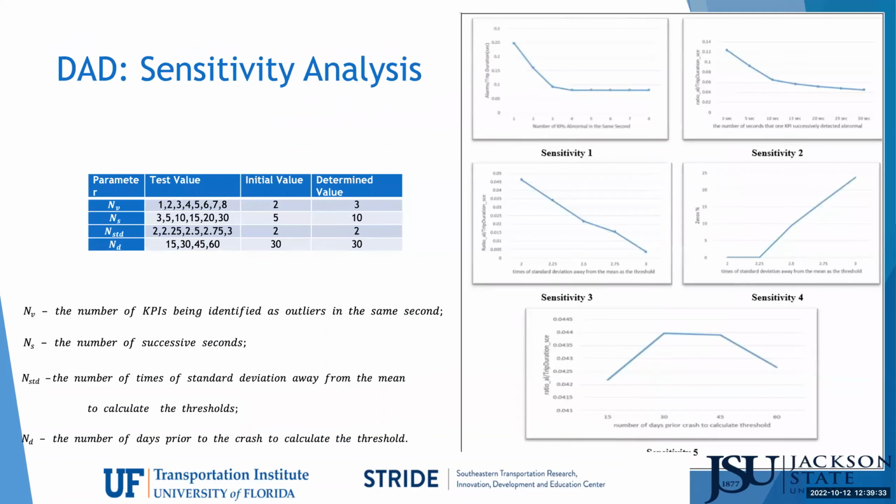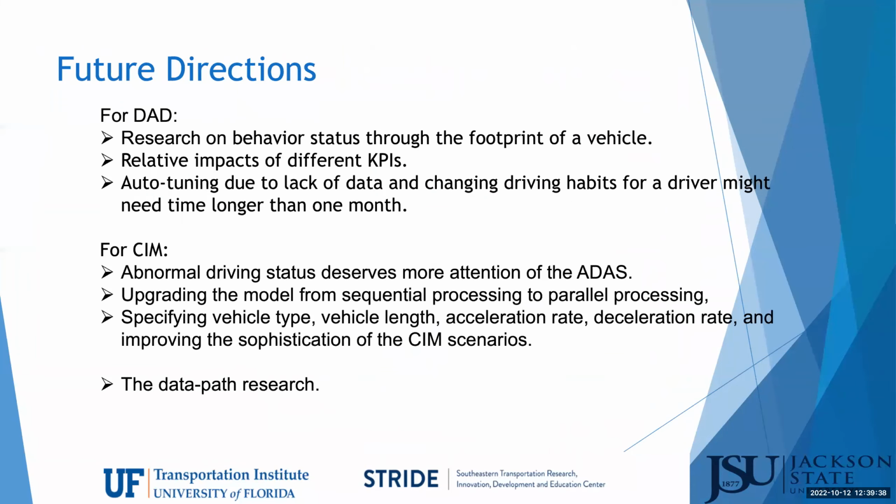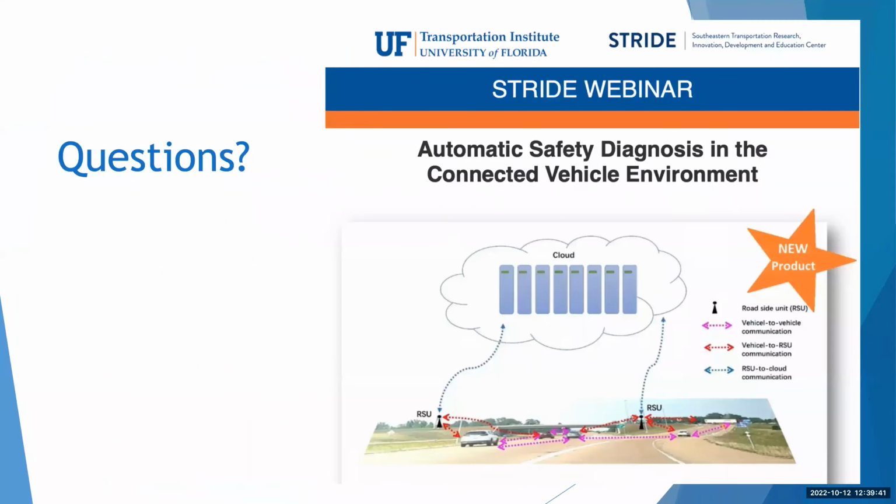Okay, we had a question about how many drivers were involved in the 30 days worth of data that you collected. In the DAD model, how many sample participants were involved in the method development and testing? So you mentioned 30 days, and they were curious how many drivers. Well, for the DAD, we use the BSM data from Ann Arbor, the CV pilot study. It has more than 5,000 vehicles, testing vehicles.